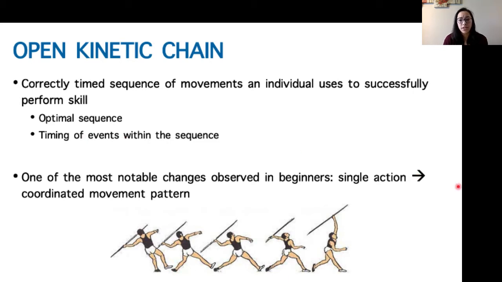One of the most notable changes that we can observe in beginners is the transition from single actions to a coordinated sequence, or the ability to link movements together. So when you look back on your activity 1, there was one little girl who just stood and pushed the ball out, right? And then as we saw progression to more proficient performers, some people started to take a step. Some people started to incorporate a backswing, right? The most proficient person would have linked all of those parts of the movement sequence together